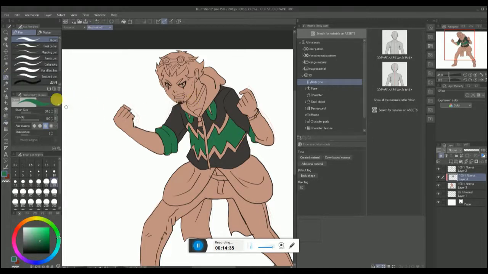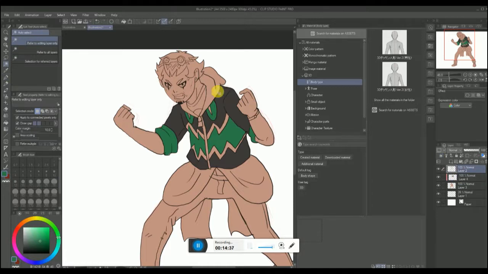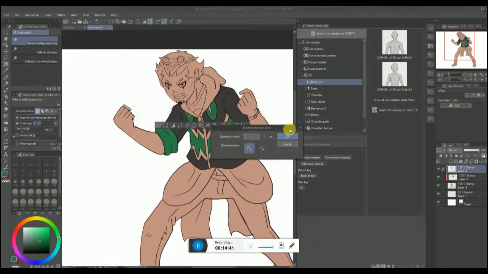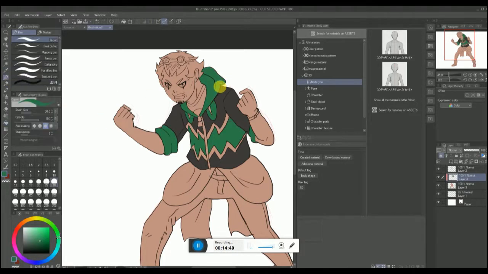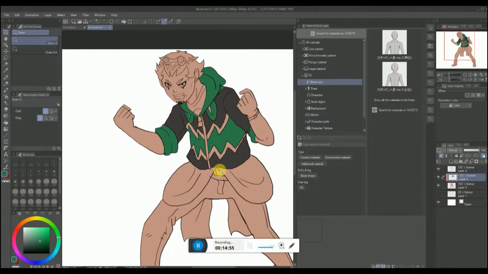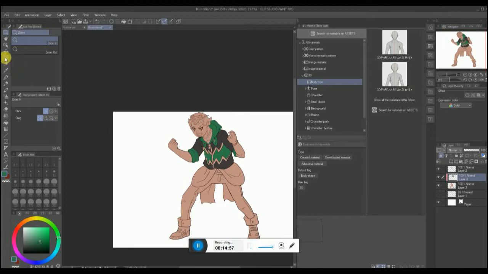You can try your own style. I think green and black go really well on villains especially. Black as well. I'm going to switch off the rough here now. I'm going to draw.